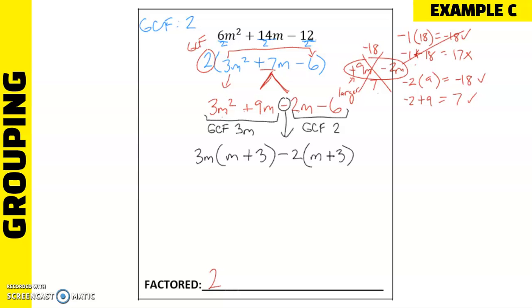Okay. I'm here, I look at my parentheses, I have m plus 3 through multiplication, so that's a greatest common factor again, so m plus 3. And then what's left? 3m times negative 2. That's my other parentheses. Okay, so 2, my original GCF, 2 times m plus 3 times 3m minus 2